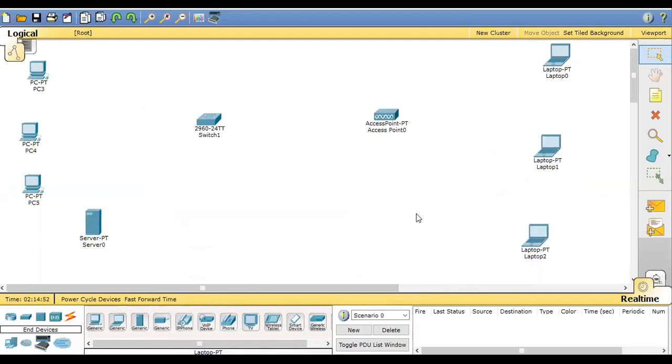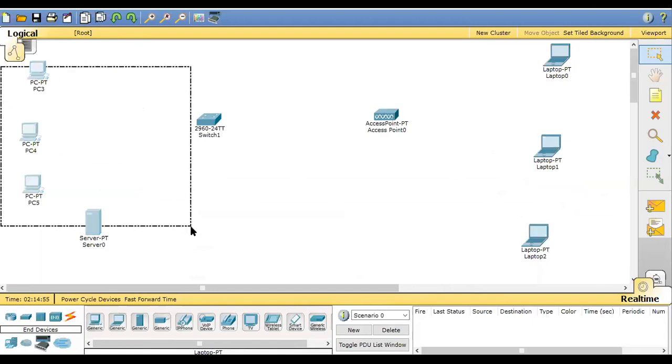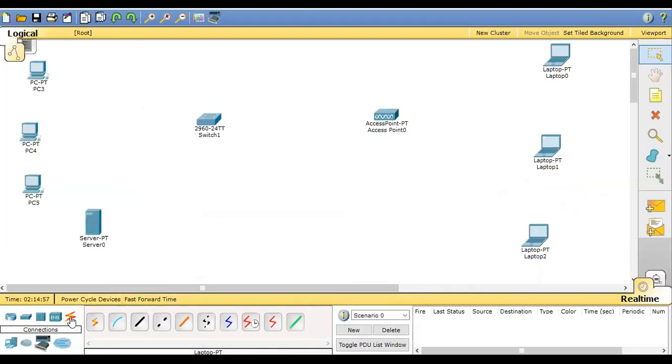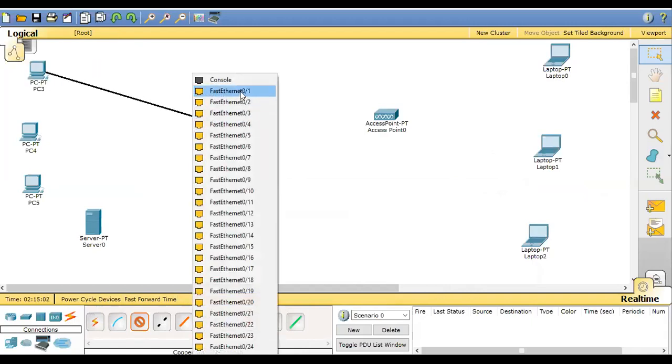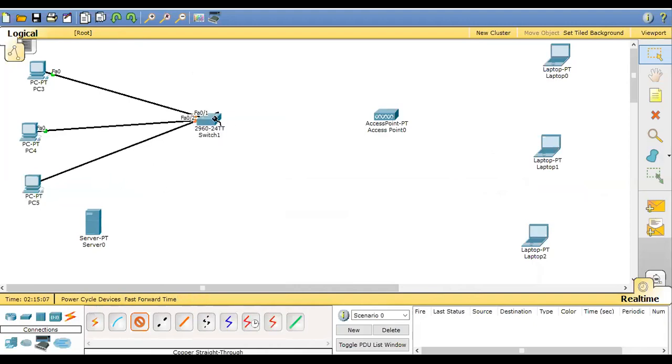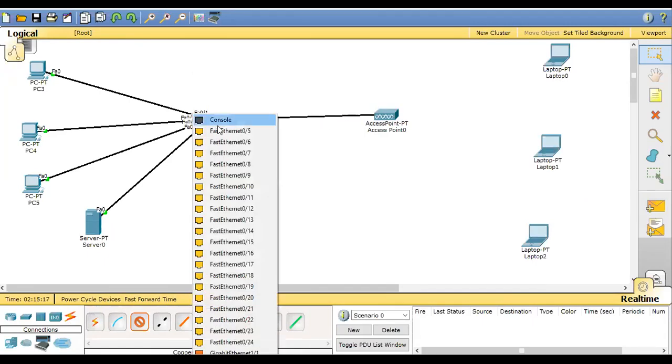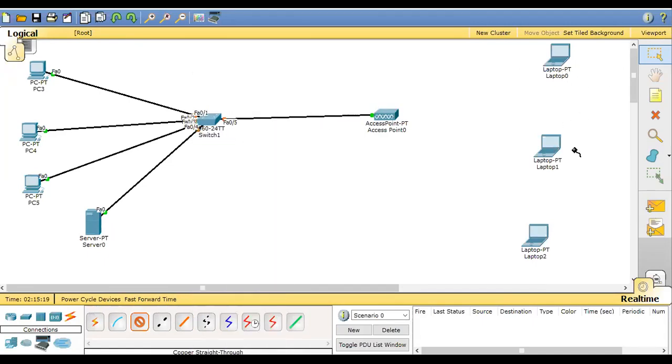So first of all, we have to make connectivity in the wired network. Okay, so let's do this. So I'm just connecting all the computers and the server with the switches. All right, 2, and here it is in 3, and here it is in 4, and plus we will connect the access point to the switch so that the other user, who is outside of your company, a wireless user using a mobile phone or laptop, can access your internal network as well.